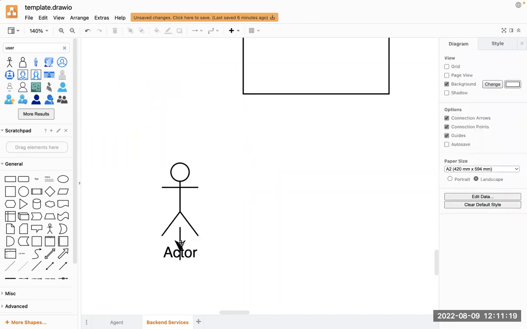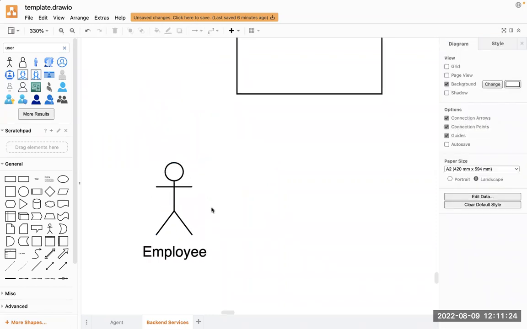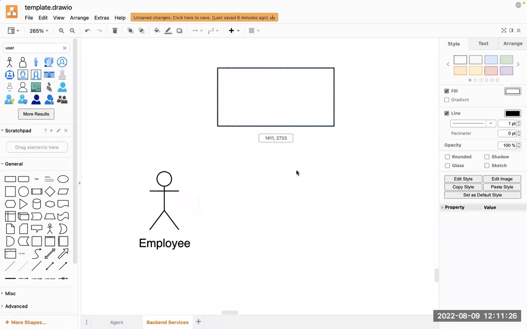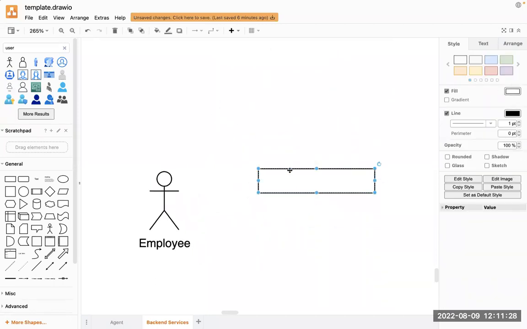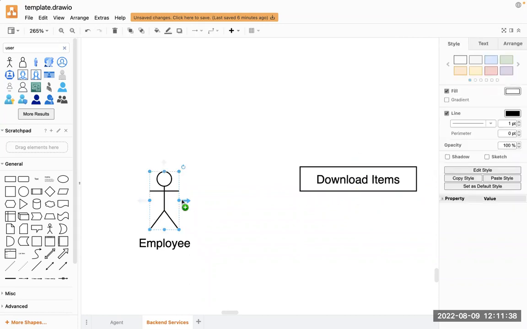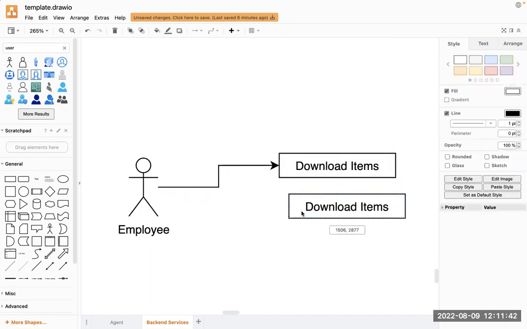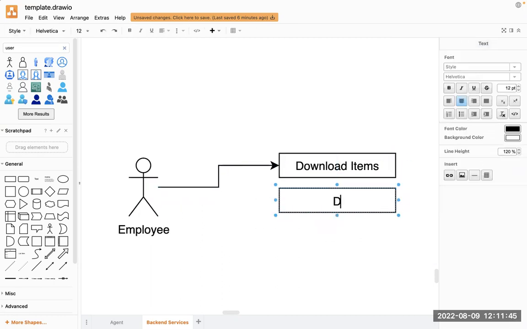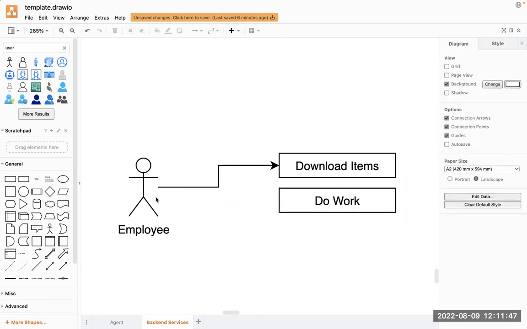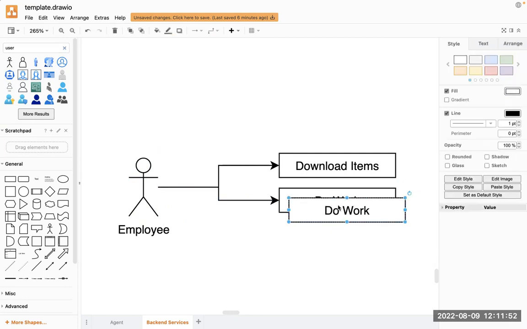We have an employee, and the employee is expected to be able to perform some kind of operations, right? We should be able to probably download items while working in the company. Maybe there are some items that you want the employees to be able to download. You want the employees to be able to do work, right? Let's just call this do work. You want the employee to be able to also probably